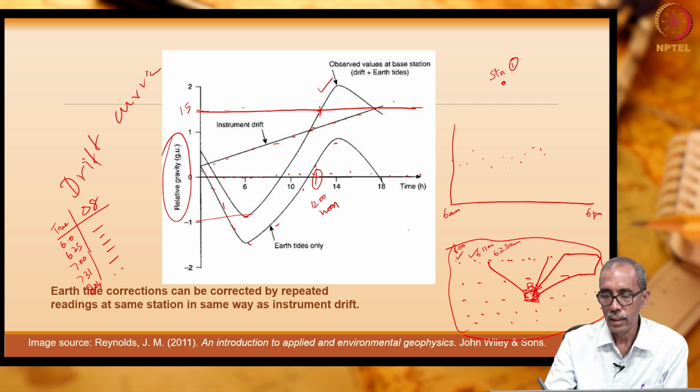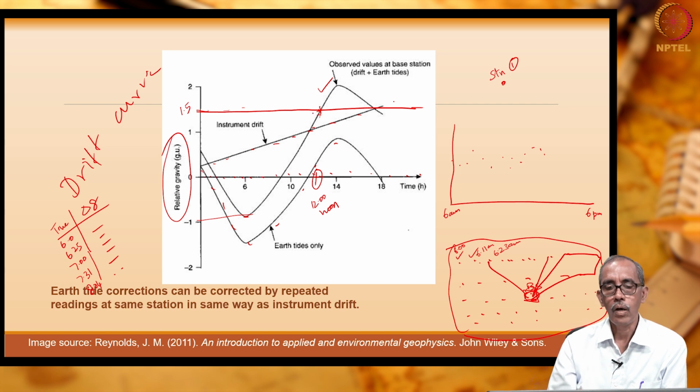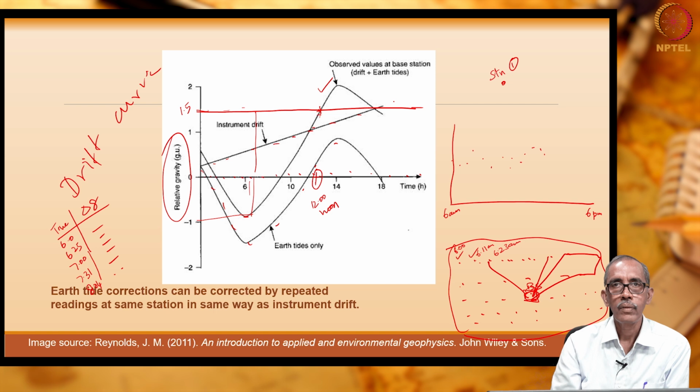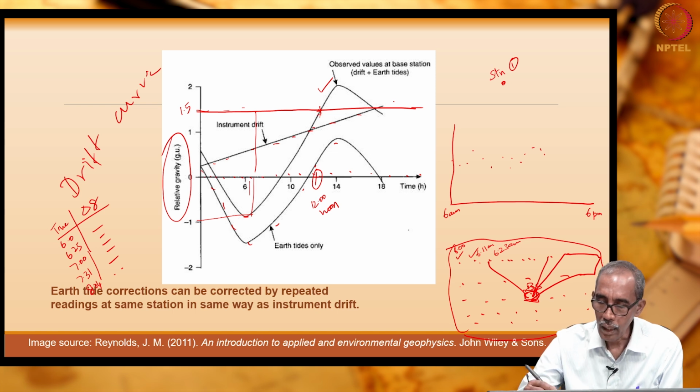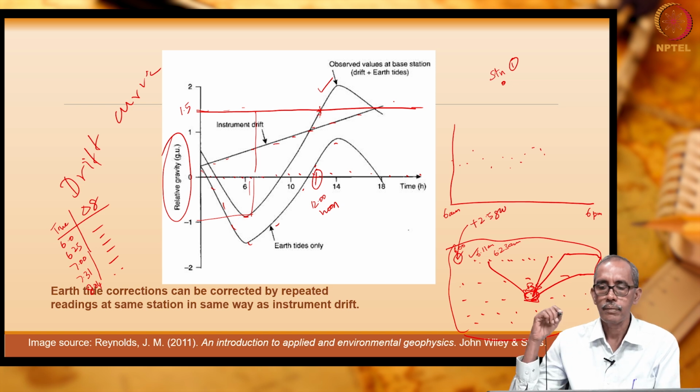Now, I want to convert that 6 am value as if it was taken at 12 noon. What do I have to do? The value which I have taken at 6 am is actually much lesser than my 12 noon value. How much is it less? 1 on this side, 1.5 on the other side. So, here 1.5, here 1. So, the value we have measured at 6 am is lesser by 2.5 gravity units. So, what I do is, to the value which I measured at 6 am, I add 2.5 gravity units.